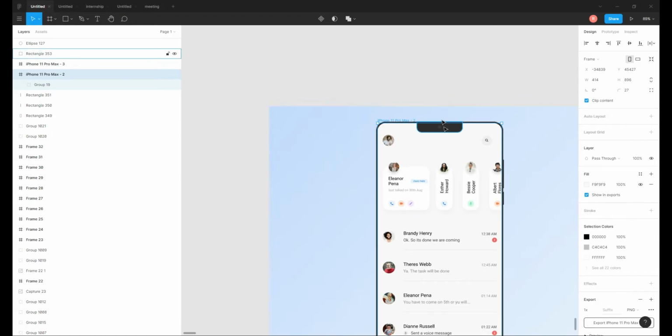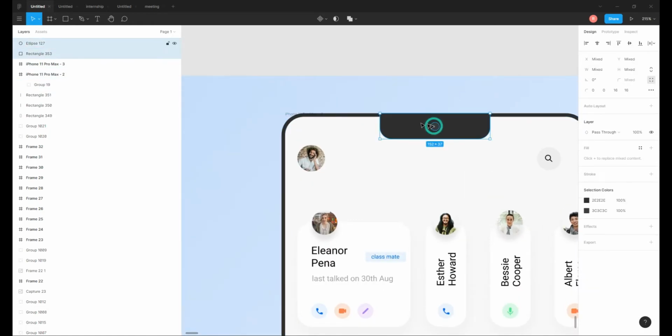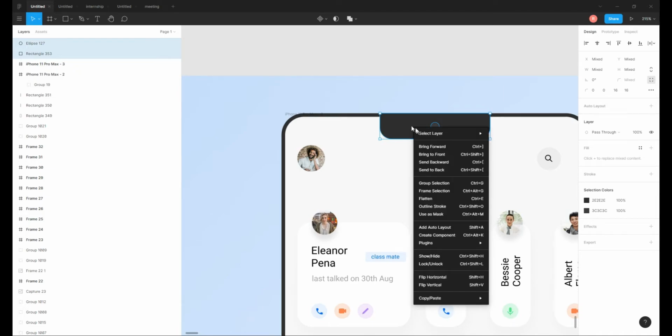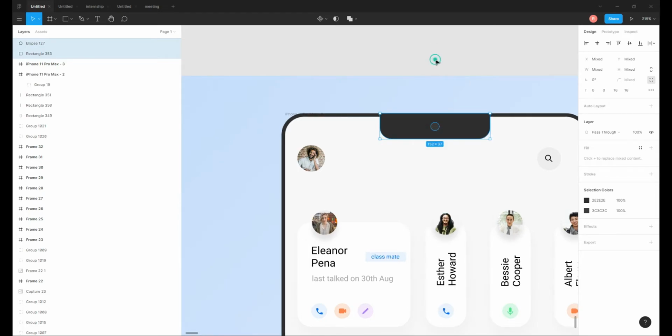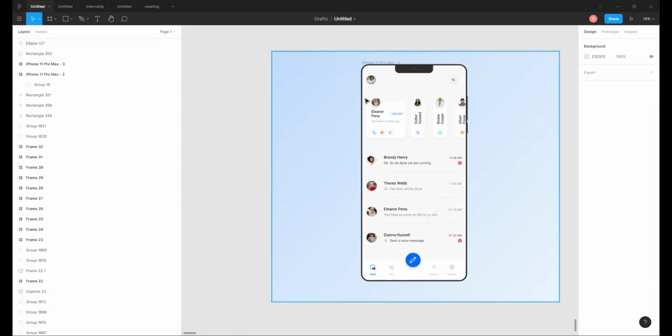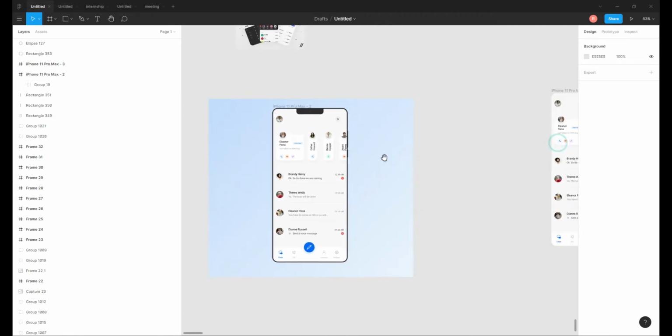Make sure that the camera and the notch are above your UI, and if they're not, then you can right click and bring them to front. Somehow I like these types of mockups and clay mockups over high fidelity mockups, because they look a little bit clean and your user is focused on the UI.